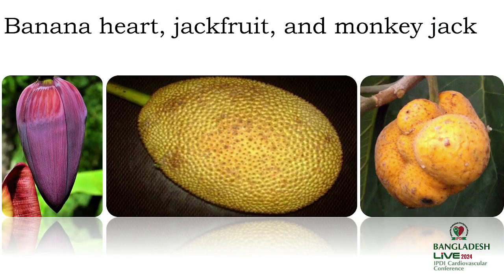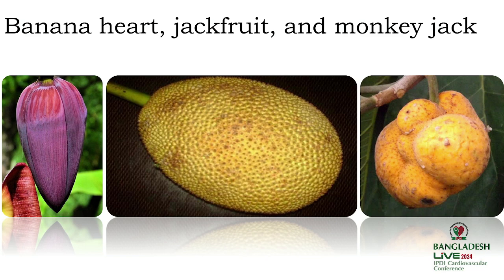I would like to highlight these three images. The normal heart is like the left one, like the banana heart. You know that kolar mocha in English is banana blossom as well. In the middle is the jackfruit, though the heart is not like this one. But if you are fortunately dealing with a patient with idiopathic dilated cardiomyopathy, the left ventricle may look like this, and in these cases geometric assumption is possible.